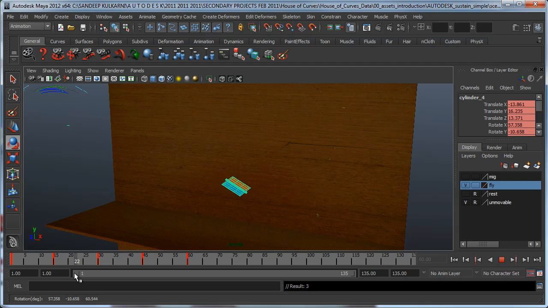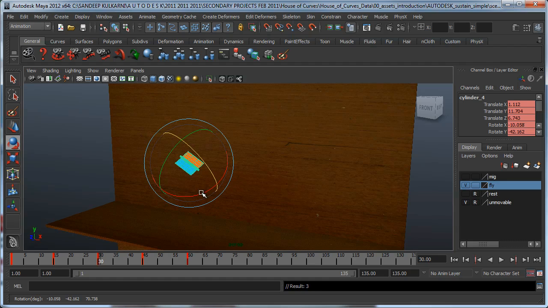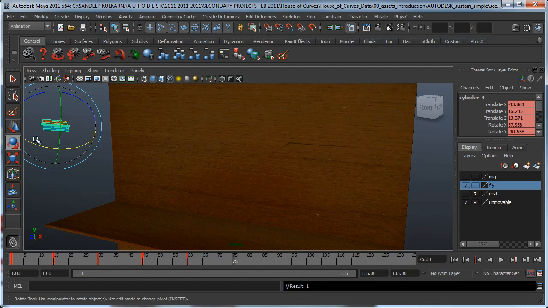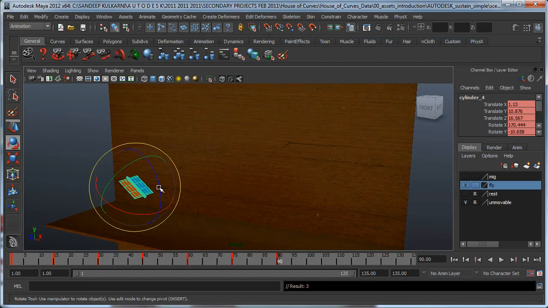And we can always go and edit this. So I can go to frame 15 and edit that. So if I don't like the flight right here, I actually like that. And right over here, maybe I want to have a little more rotation. So right there, and right around 75, let's say I want to rotate it and kind of have it head back down. And let's say at 90, I'm going to have it kind of down but also up over here, and also